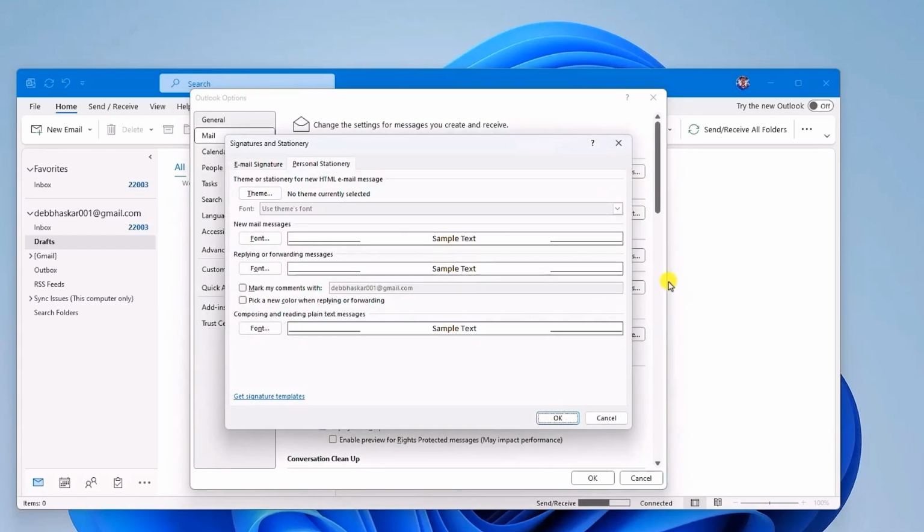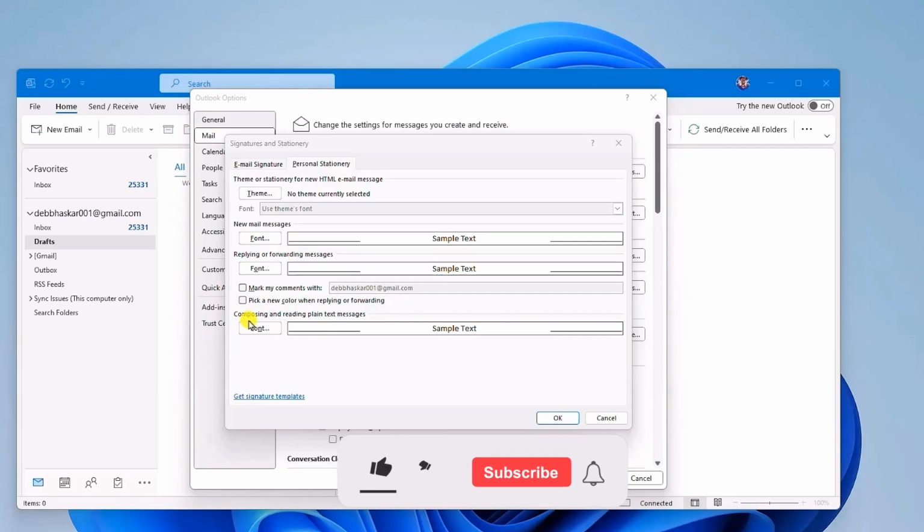Now this section lets you change the default font for new email messages, replying or forwarding messages, and for composing and reading plain text messages. Over here, you will see three options. One is for new mail messages, one for replying or forwarding messages, and lastly for composing and reading plain text messages. Just select the button that you want to modify, and once you do that, a